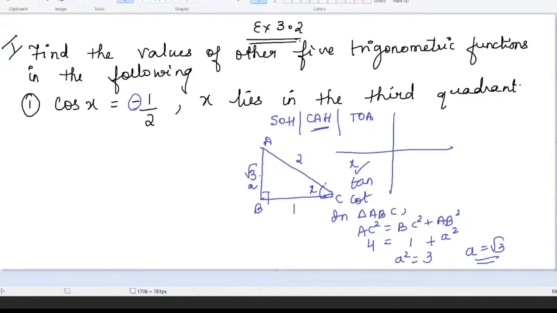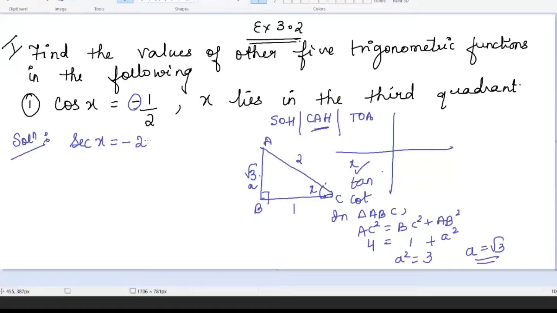So now we got the 3 sides of a right angled triangle. Let us start writing the answer. Solution. 1 we already got. From there only we will start with its reciprocal. That would be easy for us. So cos x is there. Who is the reciprocal of cos? Secant x. So secant x is equal to, secant is also negative in the third quadrant, so it is minus. Take its reciprocal: 1 by 2 will become 2. So therefore it is minus 2.